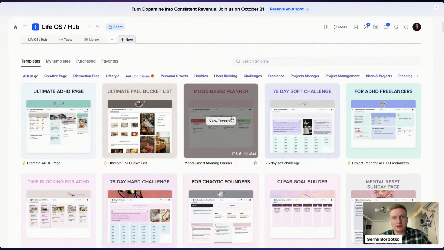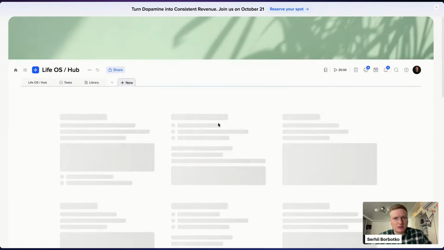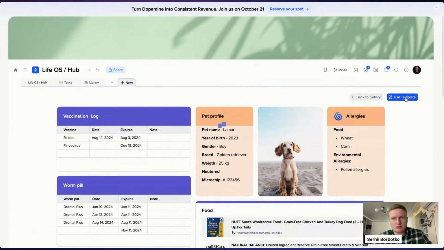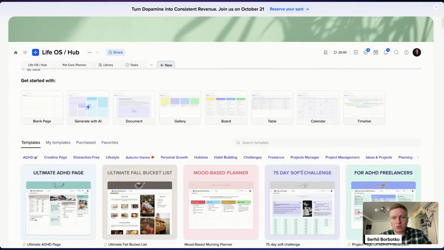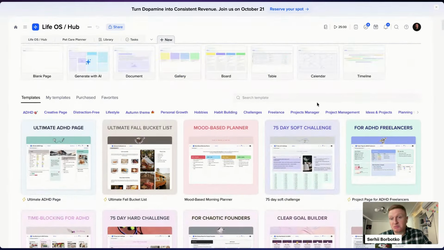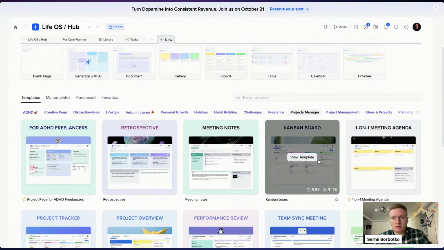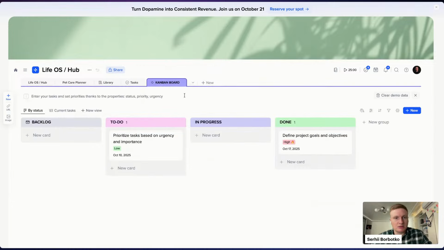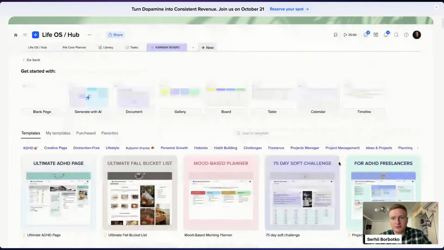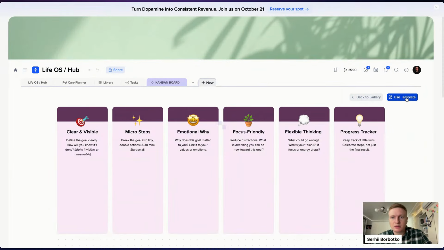Maybe something related to pet care planner, so they can keep some information related to the pet. Maybe they start to work with some projects. I don't know, maybe with this kind of a Kanban board with a lot of different stuff inside, and then they have let's say a goal builder as well. I believe that's amazing